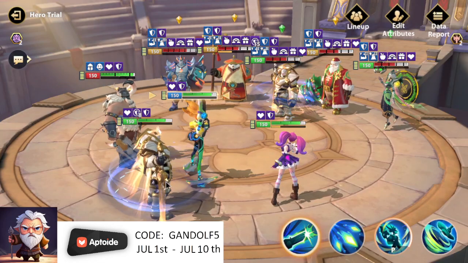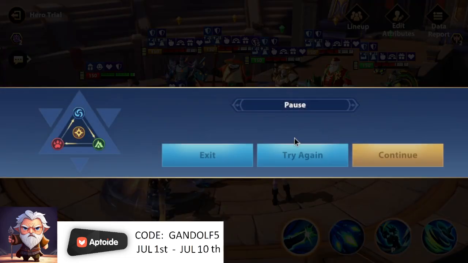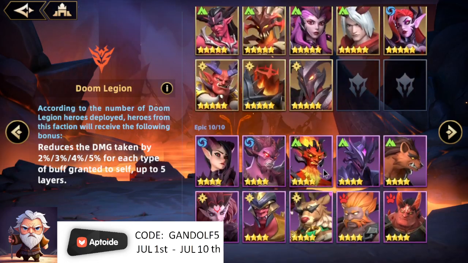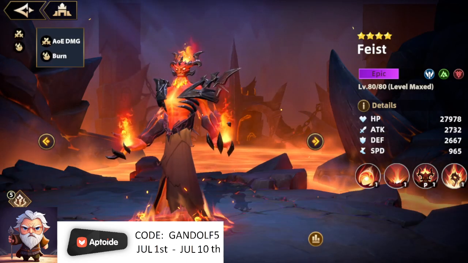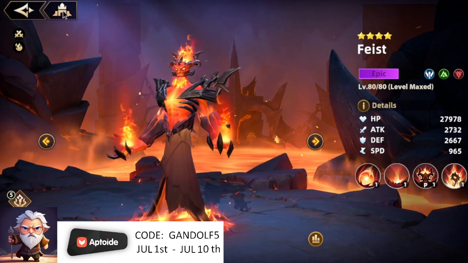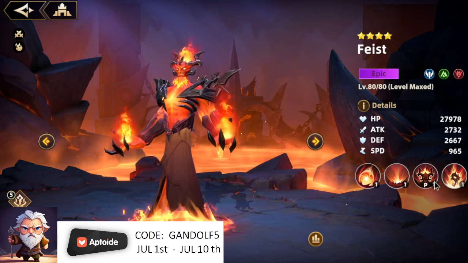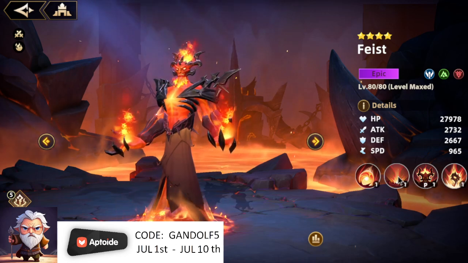I'm gonna say this: I think a lot of people forgot the fact that Feist, and this was discovered accidentally the other day... And devs, since you're watching this, most likely, can we please fix his tags? Okay, he's got burn, but he does have severe wound as well. He has inferior severe wound, and people are forgetting about Feist. And you can definitely run a Feist team, and use Feist as one of your DPS, and run something like a Santa, and I don't know, Lydia or something, to optimize your